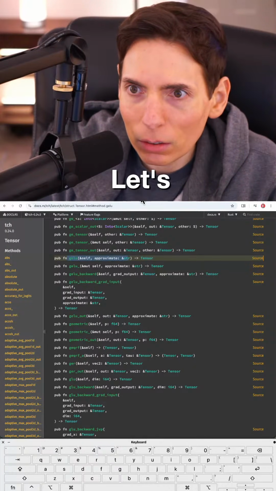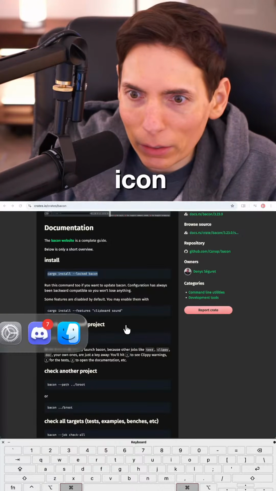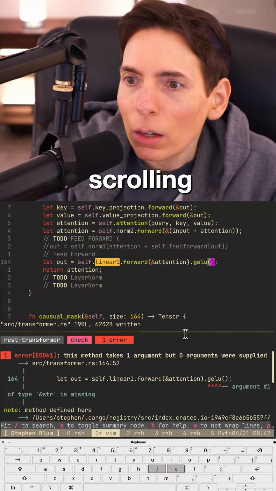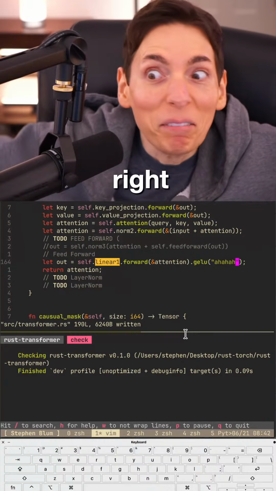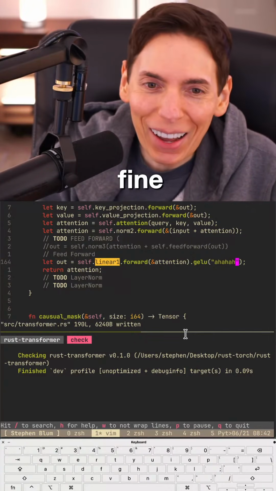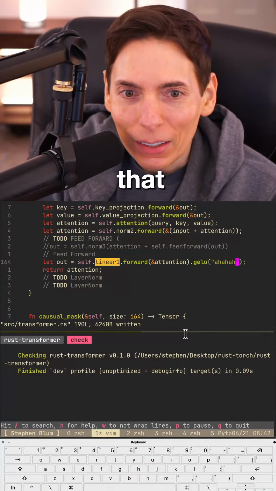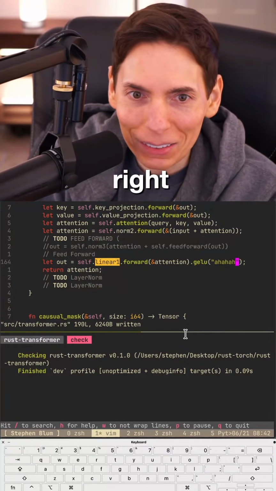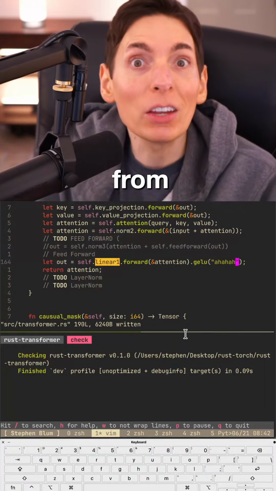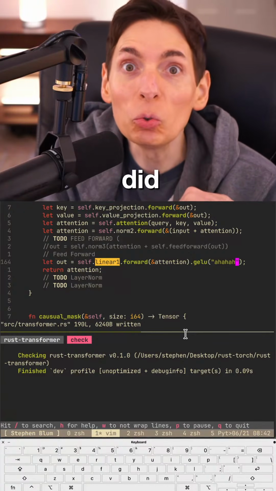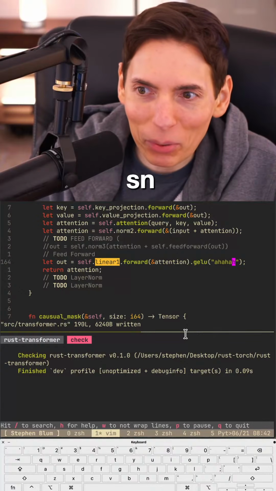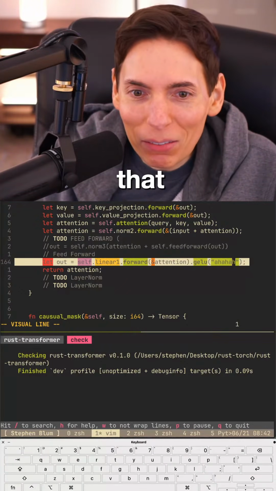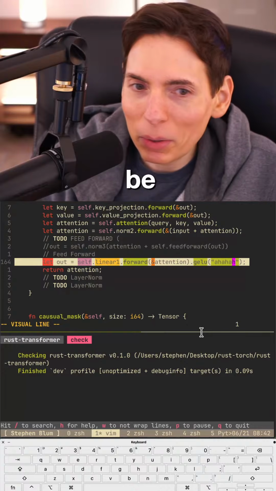Let's close this really quick because that is giving me the little icon there that's having issues scrolling. I don't know what to put in here. All right, that works perfectly fine. I don't know why it wanted that. Yeah, I'm a guy from the future. You actually are from the future because you did already go through your day, and I'm just starting mine. Squirrel Sniper, what is that even supposed to be? I don't even know what it's supposed to be.